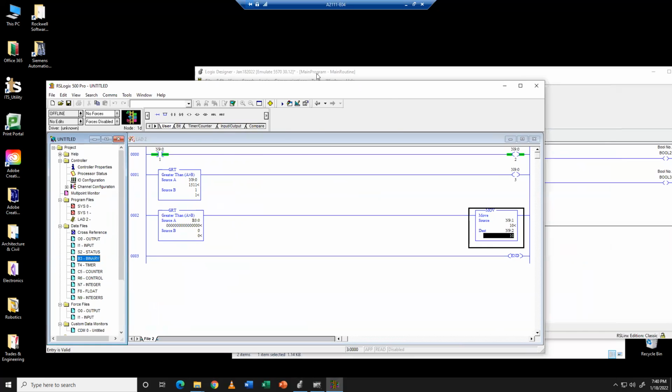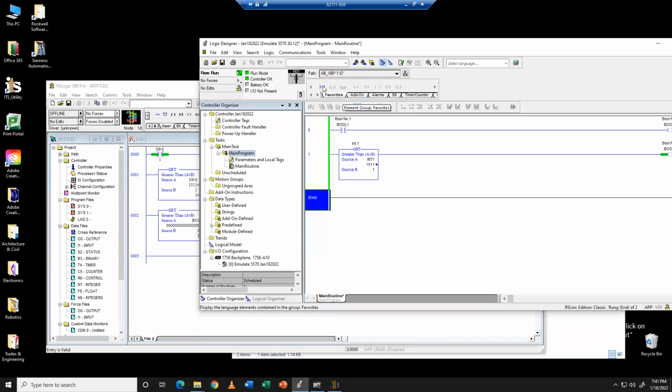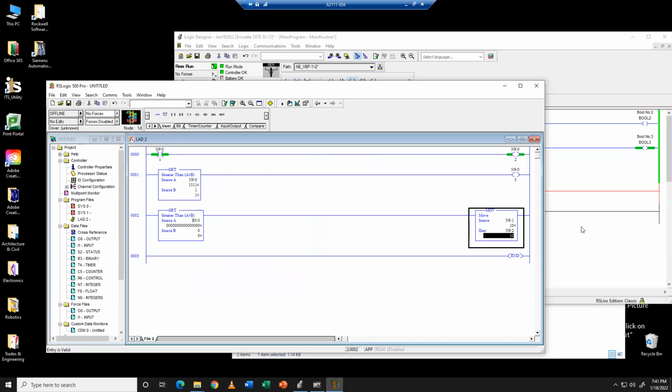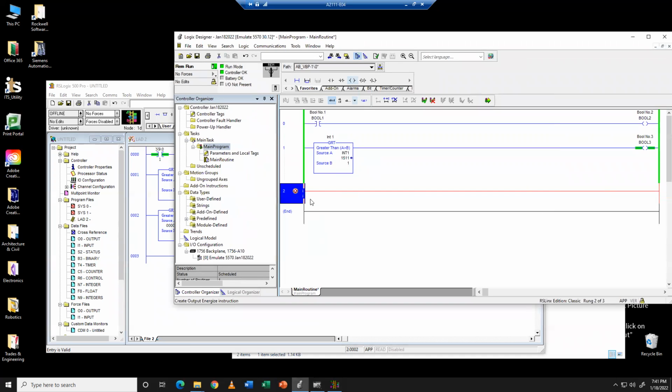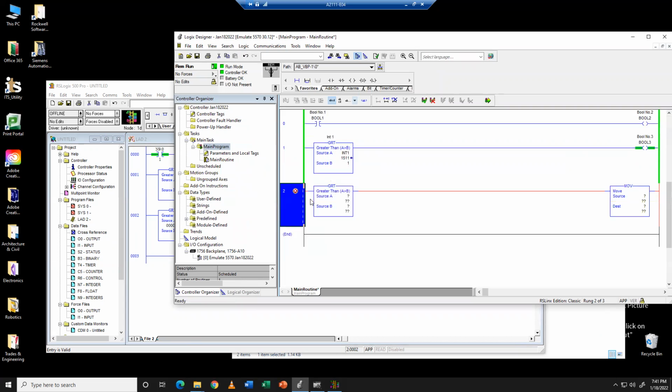Perfect. So here we'll make this, and then here. So we'll do this one online. What was it? GRT. In this example,